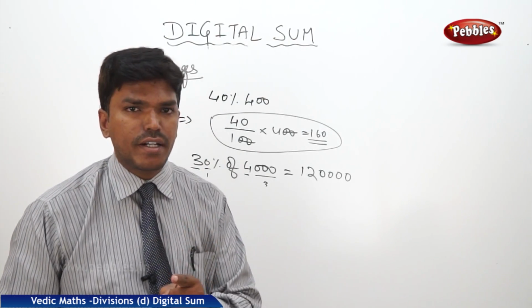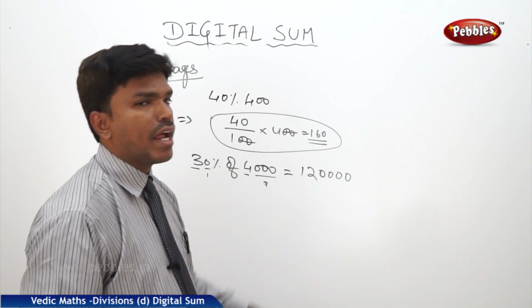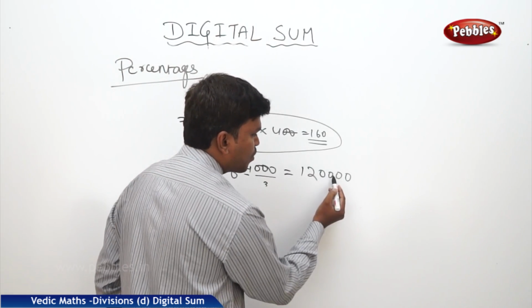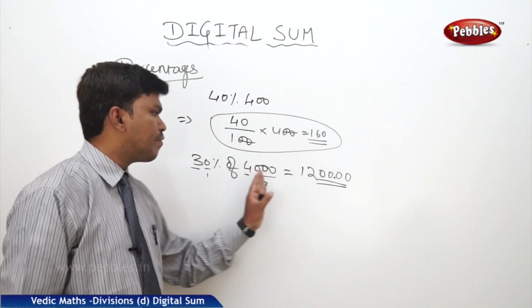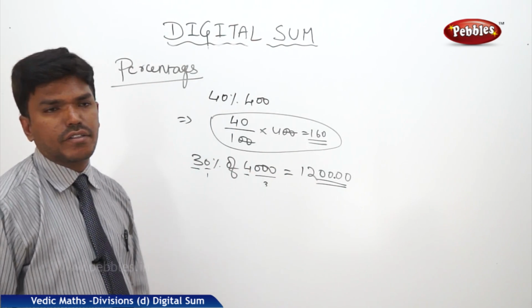Percent. Percent means by 100. So if I divide this number by 100, what I will do? I will just put a decimal point after 2 digits from right. This will be my answer. So 30% of 4,000 is 1,200. Similarly,